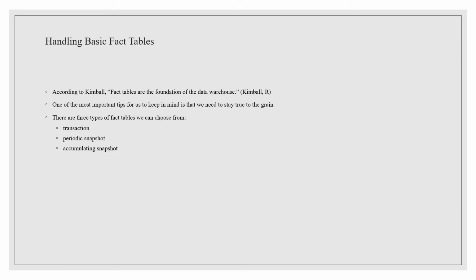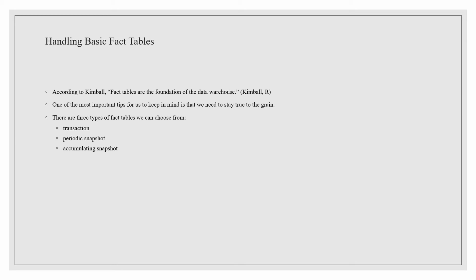Okay, now we're going to talk about handling basic fact tables. Once we have decided what our process and grain will be, we can make our fact table. According to Kimball, fact tables are the foundation of the data warehouse. The grain is what our entire fact table will be built on. Once we have decided on the grain, it will be easier to keep the numeric measures and foreign keys grounded